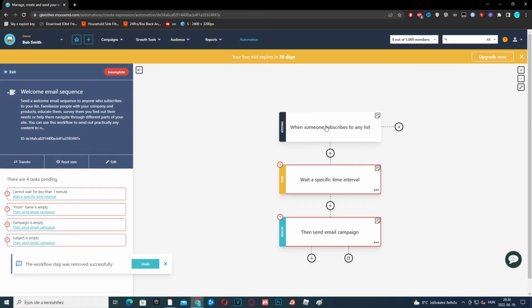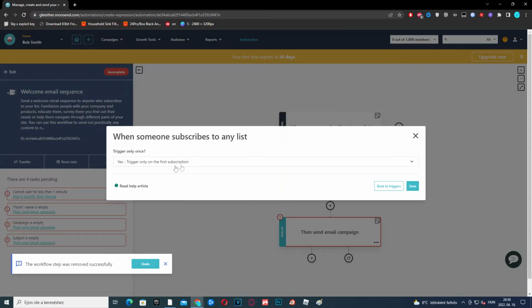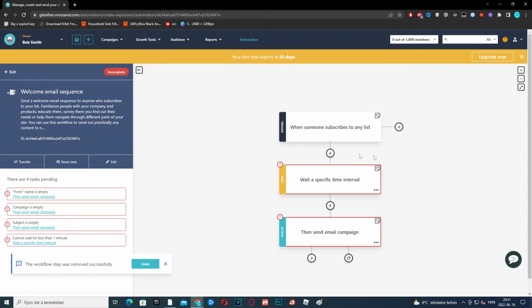So the trigger, just click on it, and now we can see what the trigger is. So yes, trigger only on the first subscription, or no, triggered for every subscription. Obviously this is gonna be really bad, so I'm just gonna keep it for yes. Click save. Now we can put a timer in here before we send the welcome email, so I'm just gonna